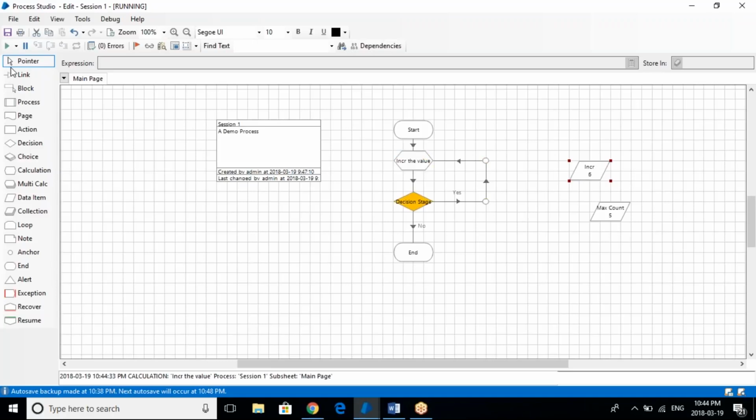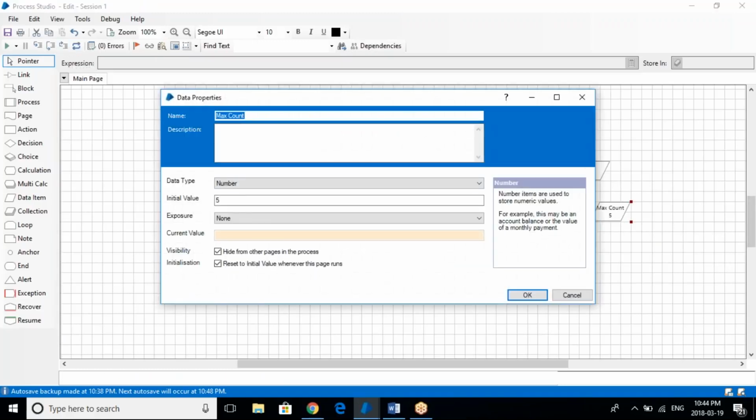See, as soon as it becomes 6, since 6 is not less than 5, the process ends. So with this iteration, you can control how many times you want this loop to be executed. Since I just wanted to implement it only 5 times,